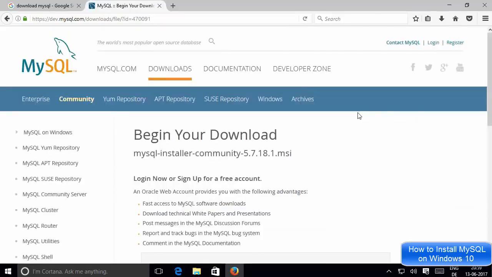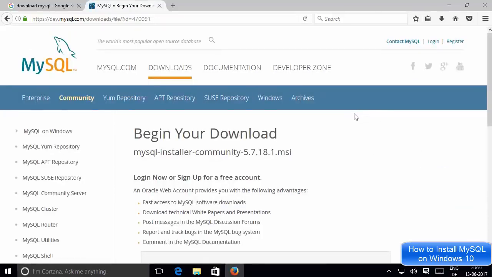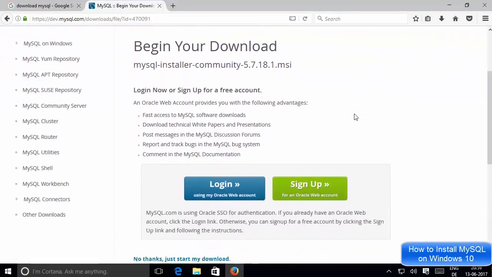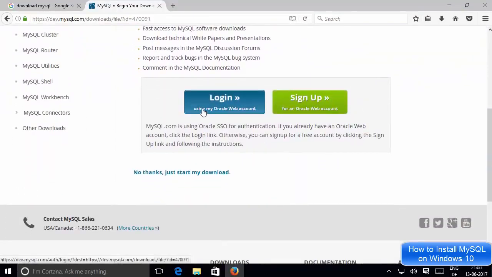You will observe that the download will not start because it will ask you to log in or sign up for your Oracle account, but we don't want that. There is an option here which says no thanks, just start my download.